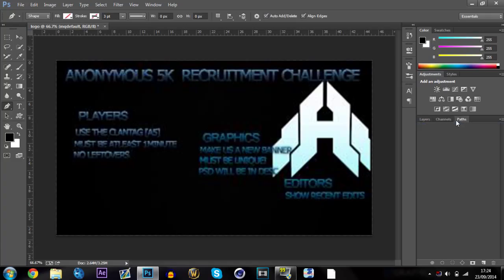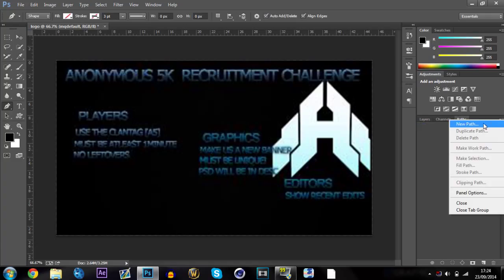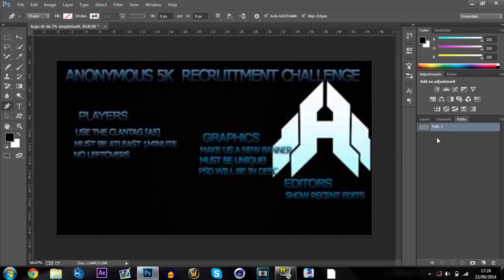Okay. Now if you go into paths and you hit this little icon here and click new path and OK. Make sure your path's selected. Go down to your pen tool and mask out all the pieces. Make sure you mask out all the individual pieces of your logo. Now I'm going to do this one really roughly and quickly for the sake of the tutorial. Okay, there we go. Now that was really incredibly rough, but as I'm saying, for the sake of the tutorial